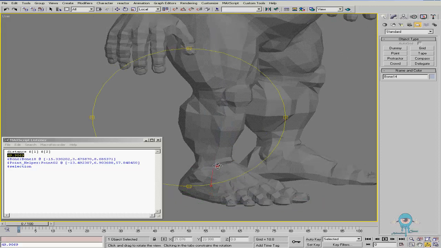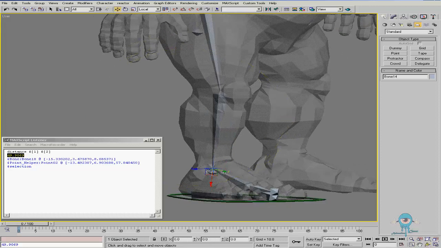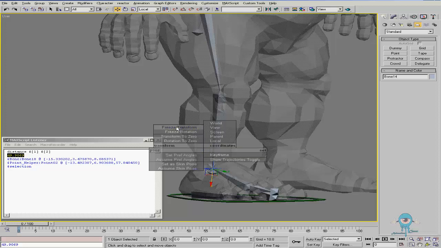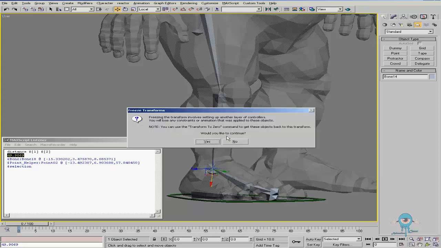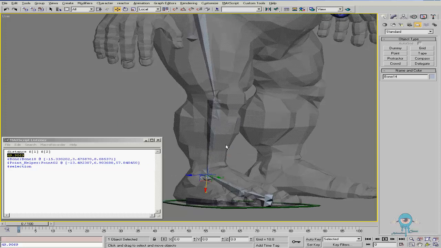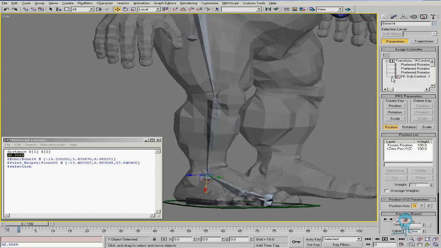I'm going to start with the nub bone at the end of the leg that's going to stretch the calf. First, again, we need to zero it out to make sure we have a zero value to work with. So I'm going to use the freeze transform option. In the motion panel, I'm going to open up the